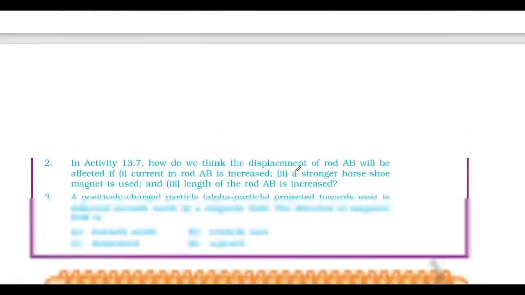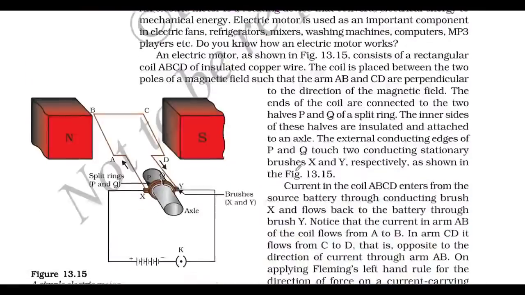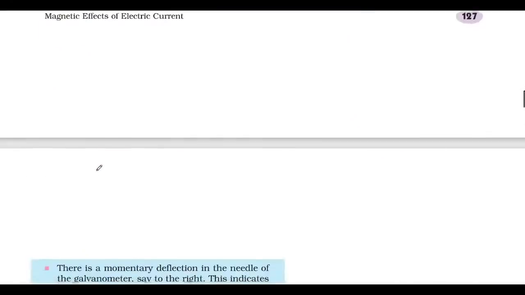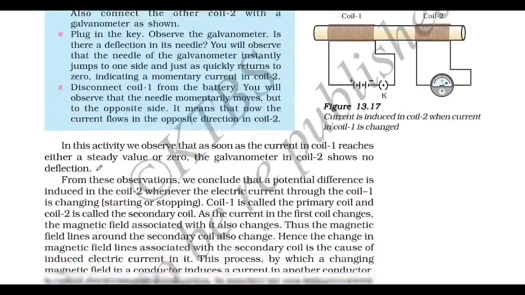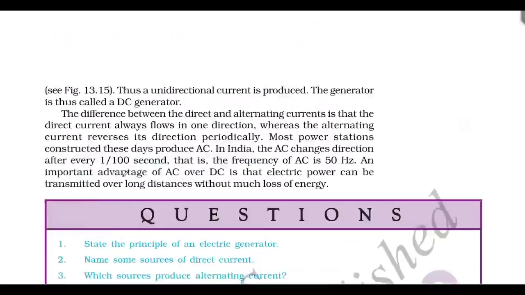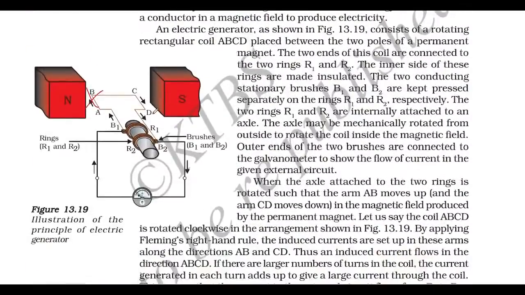Fleming's left hand rule or right hand rule, definitely out of 2 you can expect 1 rule for 2 marks. Simple electric motor or electric generator, 2 marks diagram. And also you should know the difference between AC and DC, and also the frequency of an AC, and the